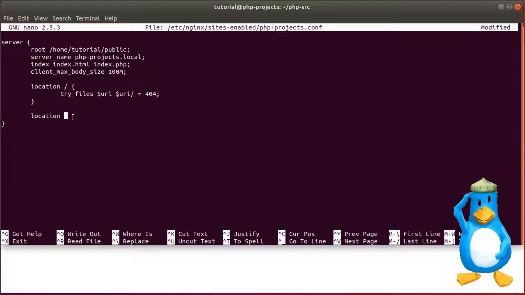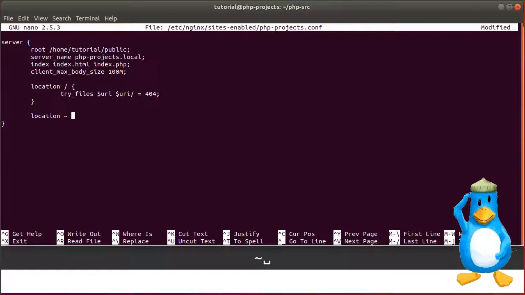So do the tilde, backslash dot, open bracket PHP, close bracket, and dollar sign, open curly bracket, and we want to include the file that we made just now. So that's php-fpm.conf,